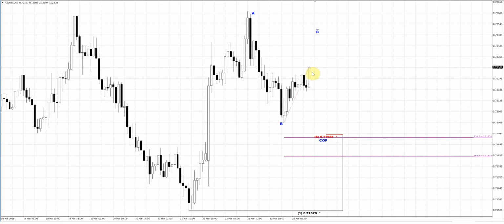Another pattern that could be formed here, take a look at the extension of this recent swing. It stands at 127 right at the same area. So it could become, for example, the butterfly, something like the action that I have shown you on the gold market. So the final part of this ABCD pattern will take the shape of the butterfly. This also will be very cool and gives us really no doubts and provides us a safe entry opportunity right around 72.